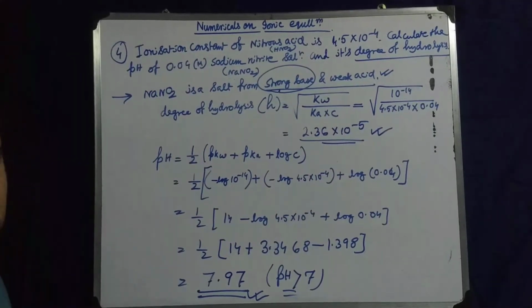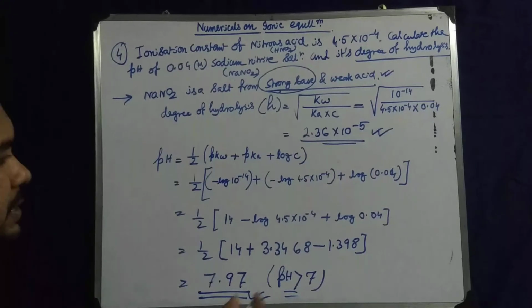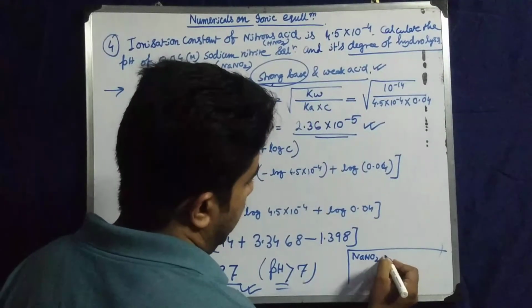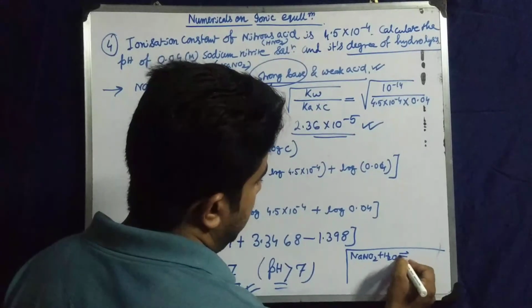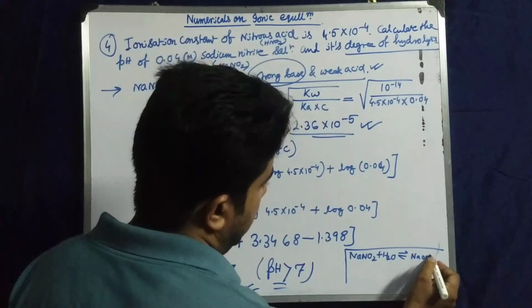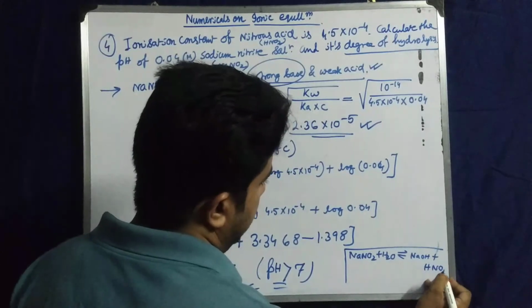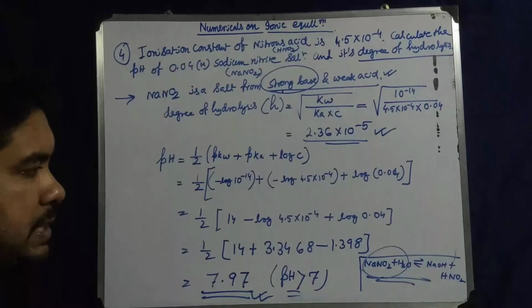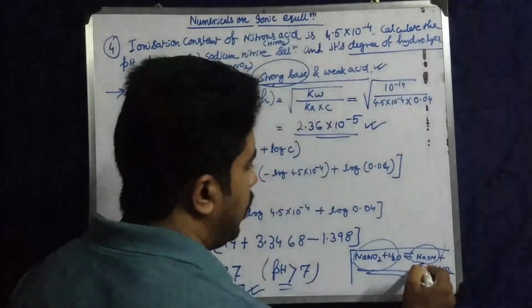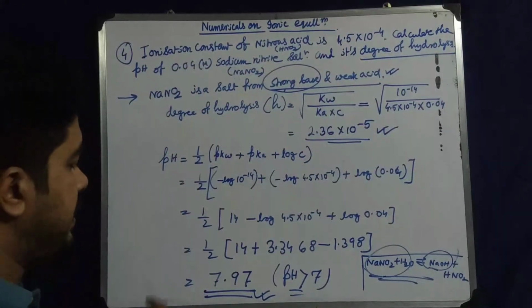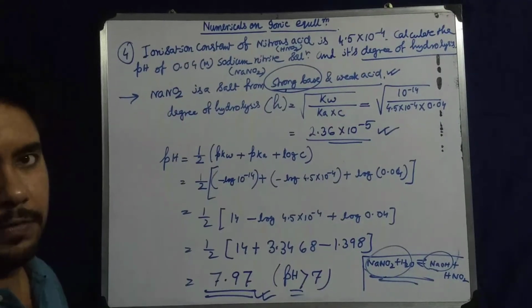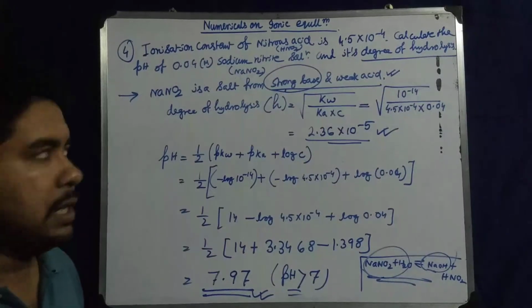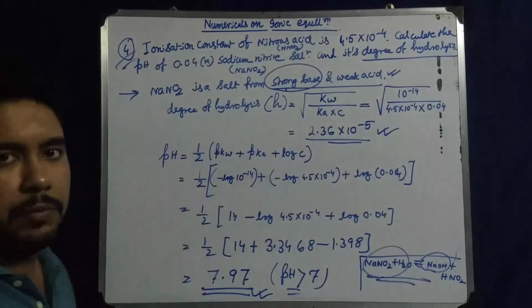We know the hydrolysis we are discussing, no? So if we write the hydrolysis process, what we have? That NaNO2 will undergo the hydrolysis. That means H2O, and it will give back what? NaOH plus HNO2. Isn't it? That is the hydrolysis process. So this solution is basic in nature. Why is it basic in nature? Because it will give us NaOH, a strong base. The presence of a strong base makes it basic. So obviously pH is above 7, 7.97. So that's all about the fourth category of the numericals. As I told you, fourth category of the numerical problems.